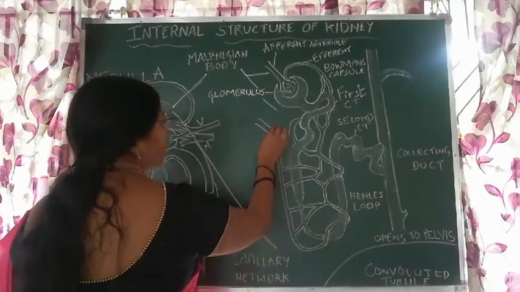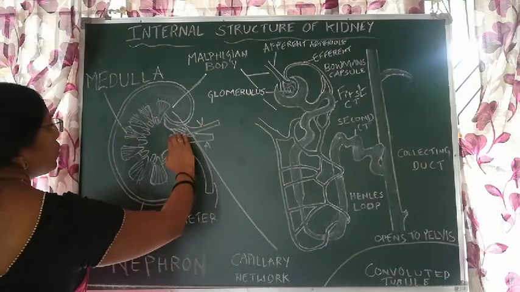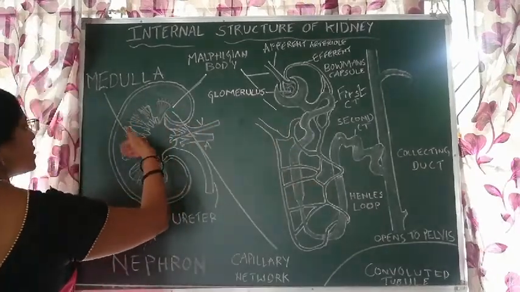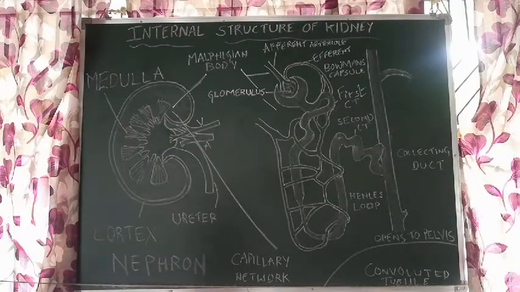So, again they are giving out the renal vein. Okay. So, renal vein, it comes out of the kidney. These microscopic structures are present here in the medulla. Okay. Now, so this tubular